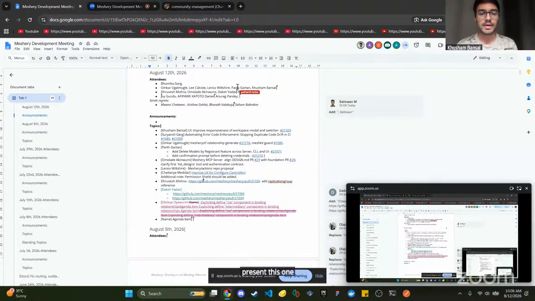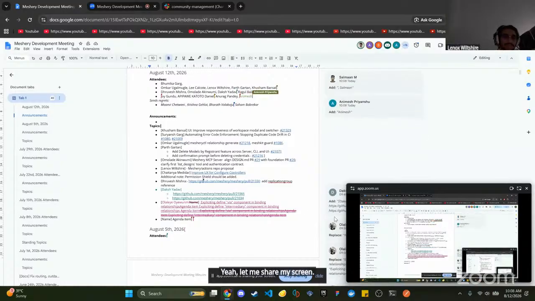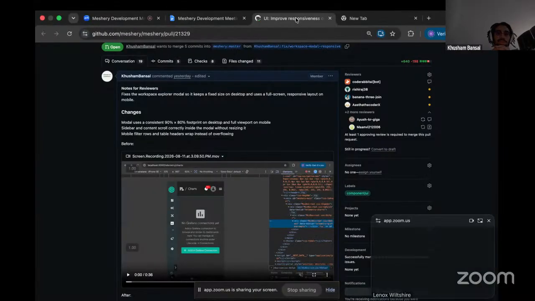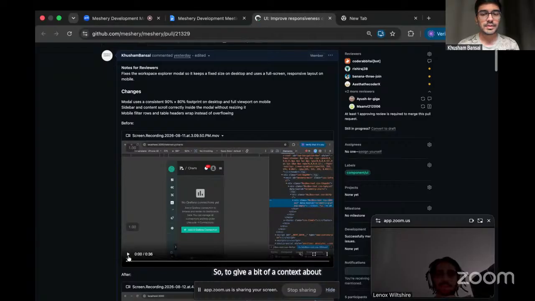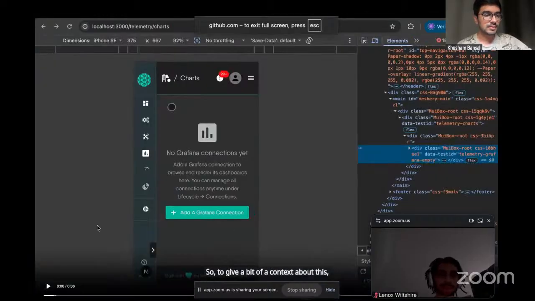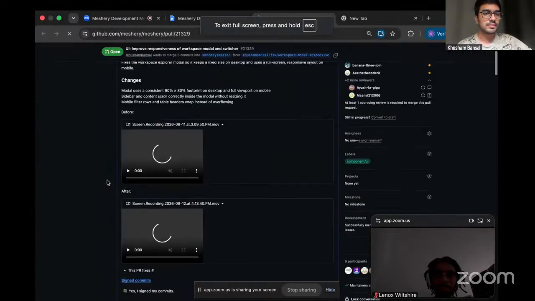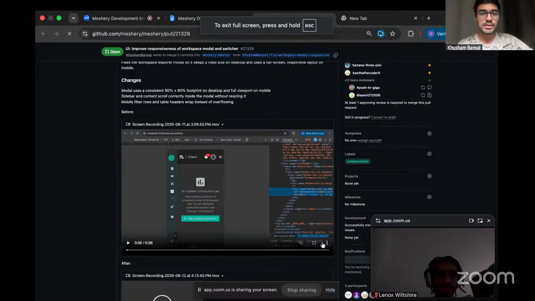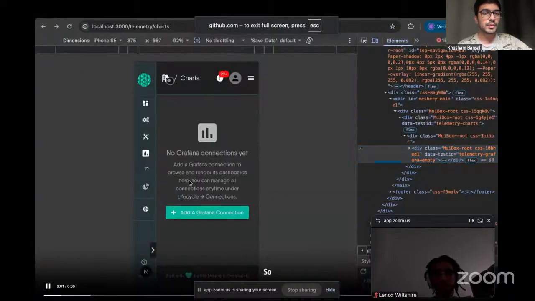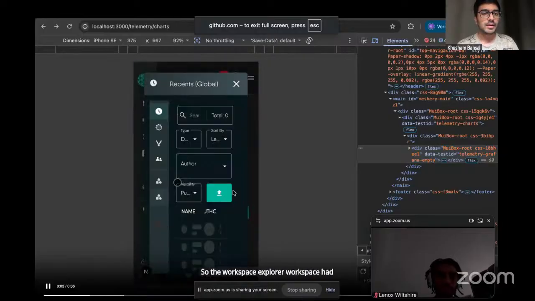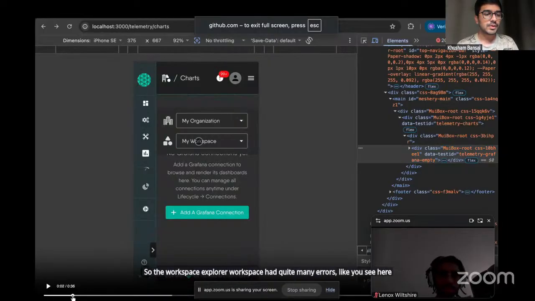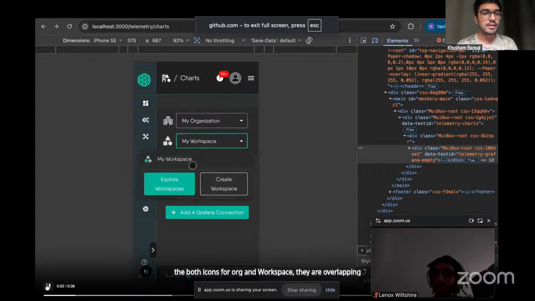Yeah, let me share my screen. Okay, thank you. To give a bit of context about this, the Explore workspace had quite many errors. Like you see here, the first one was that the icons for org and workspace were overlapping, and